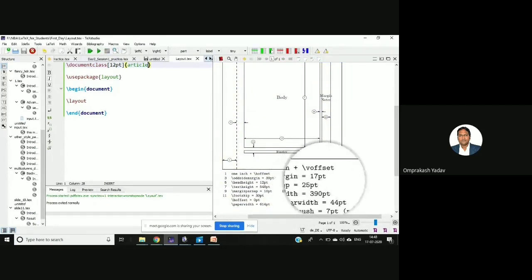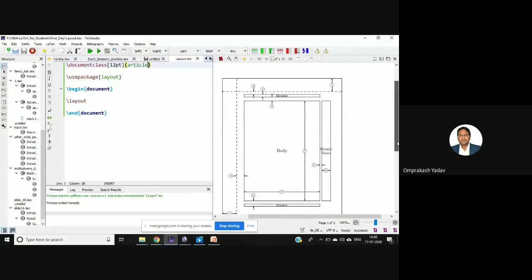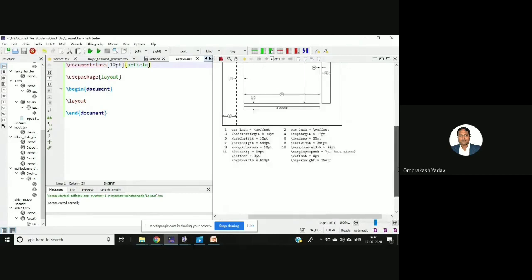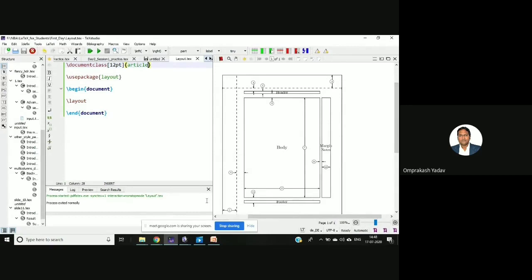See, for the article, top margin is 17 point only, like report, and it has some modification. So just if you write article or report or book, all these parameters will be set automatically. Okay, it will take all these settings. Okay, now let's go to the next part.